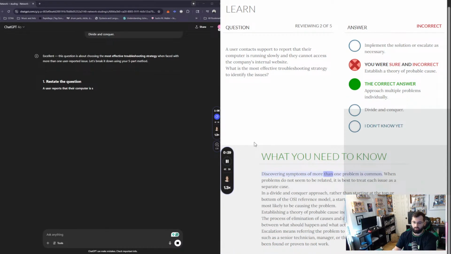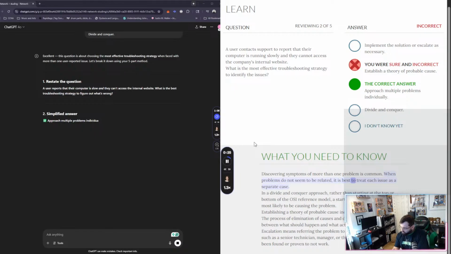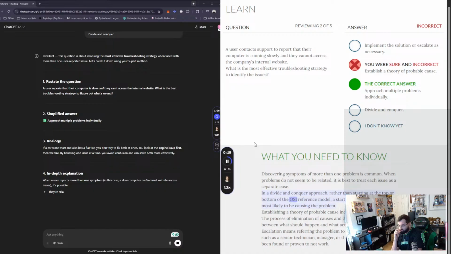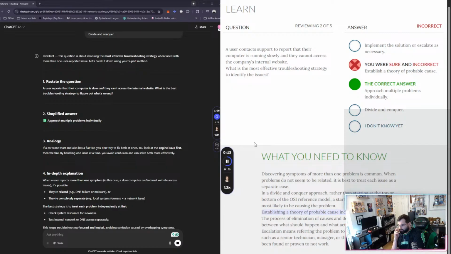Discovering symptoms of more than one problem is common. When problems do not seem to be related, it is best to treat each issue as a separate case. In a divide and conquer approach, rather than starting at the top or bottom of the OSI reference model, a start is initiated with the layer most likely to be causing the problem. Establishing a theory of probable cause includes questioning the obvious. The process of elimination of causes and determining the difference between what should happen. Okay, you can't